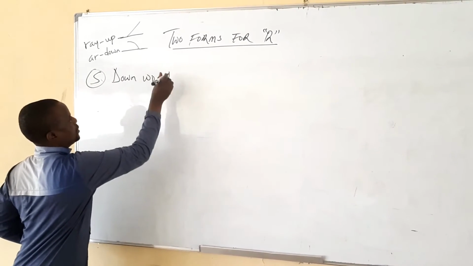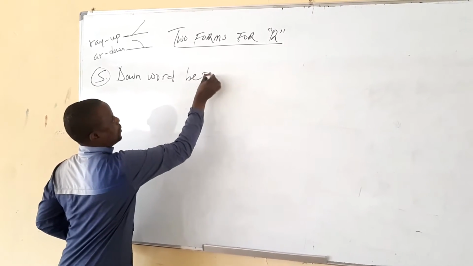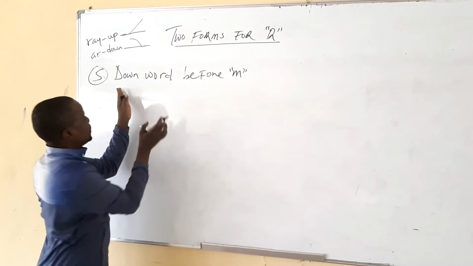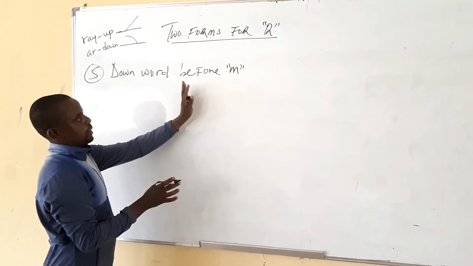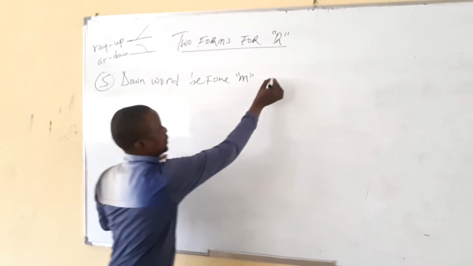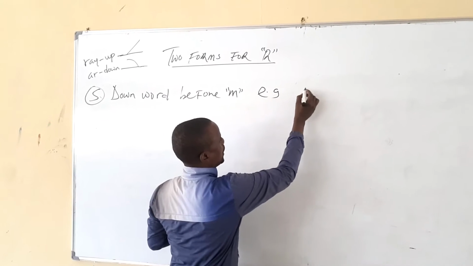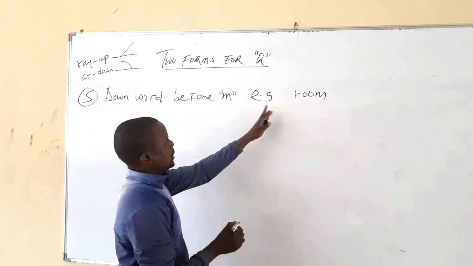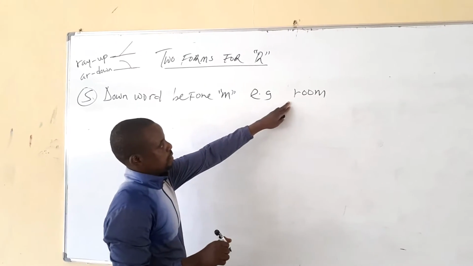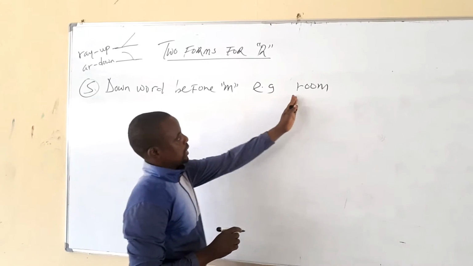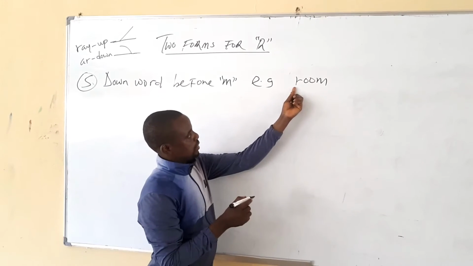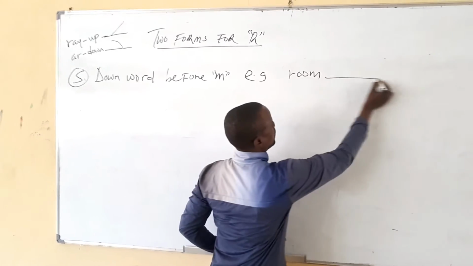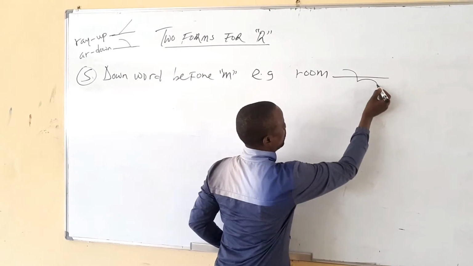Then for instance, number 5: downward R before M. So you can use downward R before M. For instance, let us see an example. We say room. Now we are going to use downward R before M. When a word has M after R, you are going to use R down. Room. Now we say room like this,